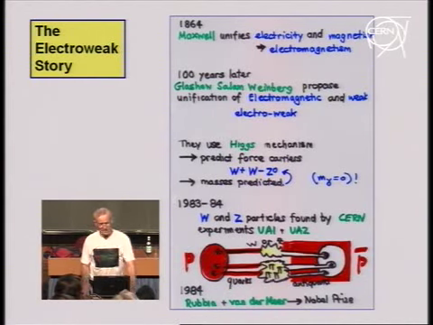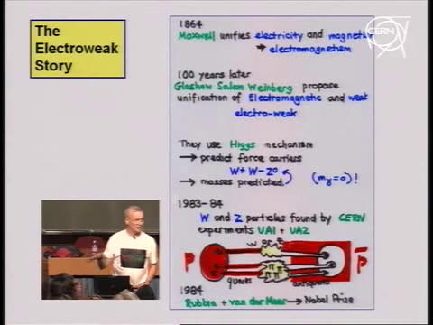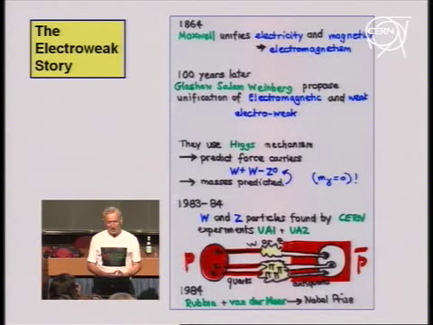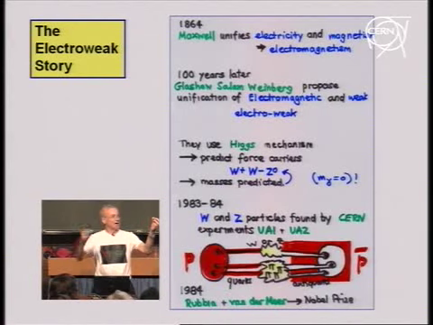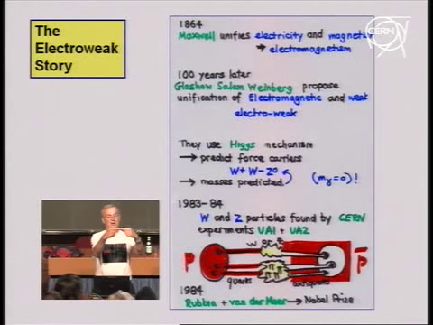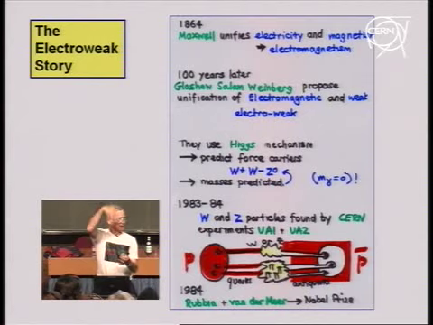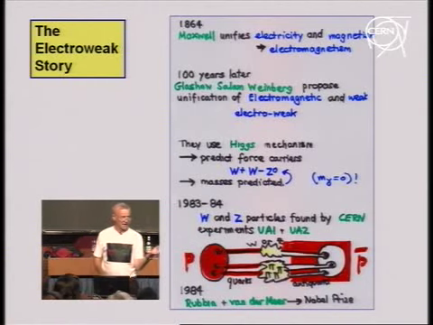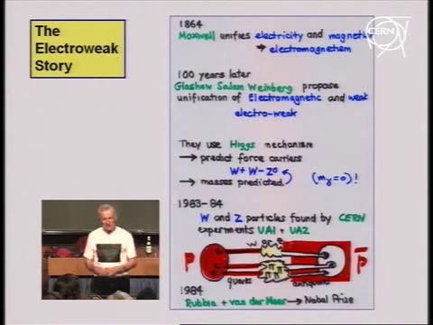And it was 1983-84 that the W and Z particles were found in experiments here at CERN by colliding protons and antiprotons. A single quark in a proton and an antiquark in an antiproton, if they just by chance had the right energy and the right combination of flavors, they could once in a blue moon produce a W or a Z rather than the many, many showers of pions that they normally produce. So it was like looking for a needle in a haystack, but eventually it was done,